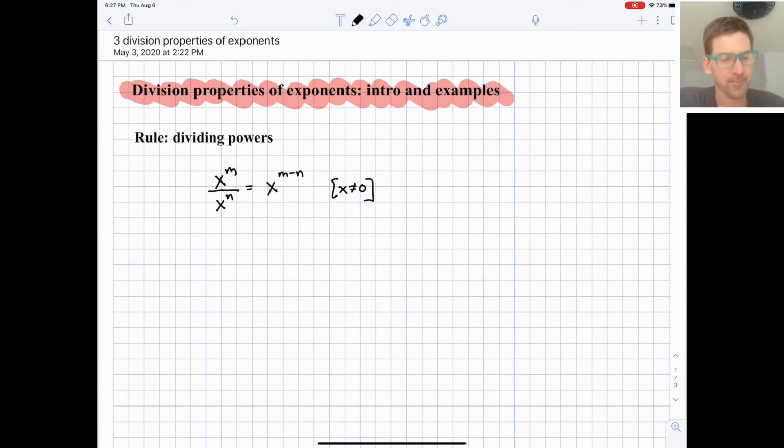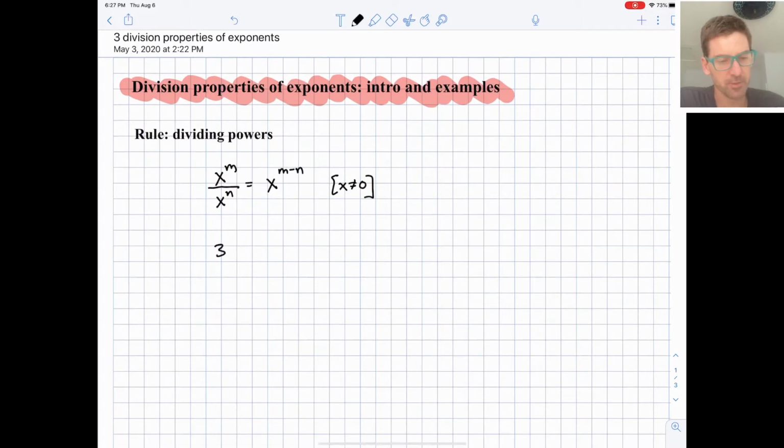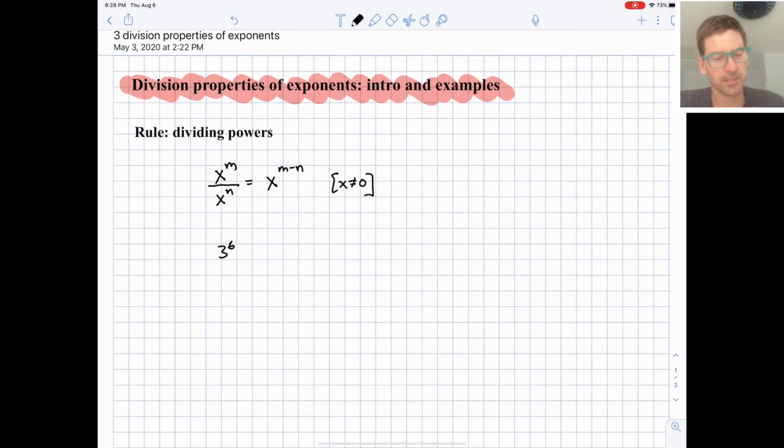Let's talk about why. Remember, an exponent is just a counter for how many times we're multiplying something. So if we have 3 to the 5th divided by 3 to the 2nd, let's get some better numbers here. Let's say we had 3 to the 6th over 3 to the 4th. According to our rule, we would subtract those exponents, and we would get 6 minus 4 is 2, so that would be